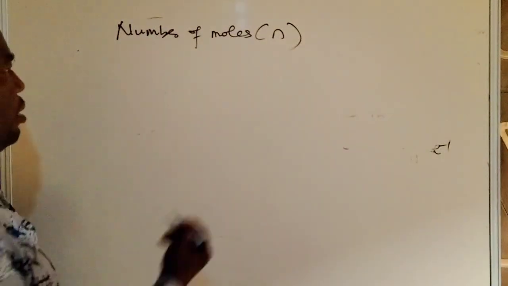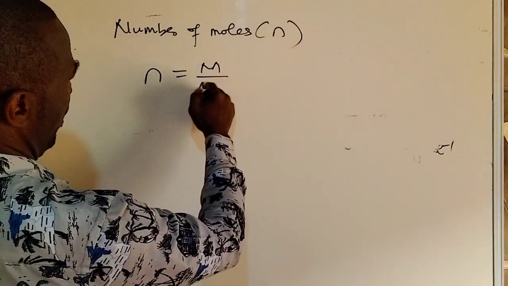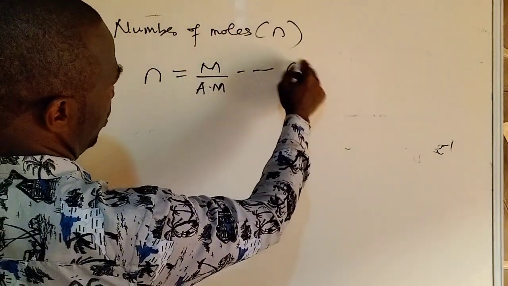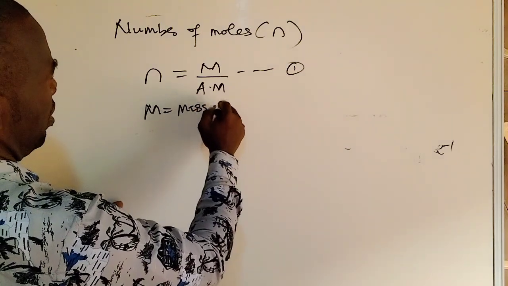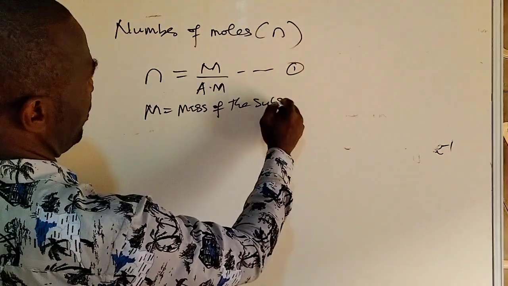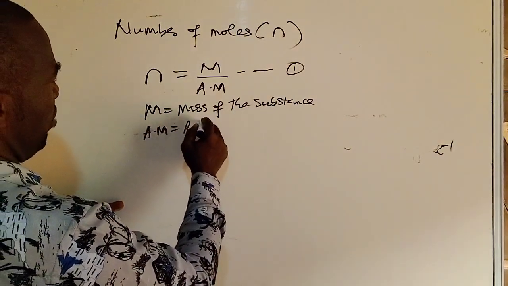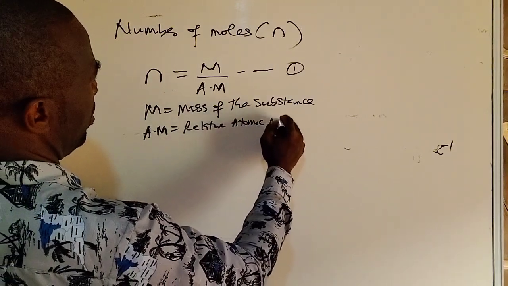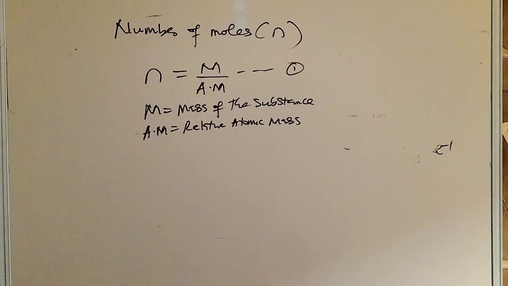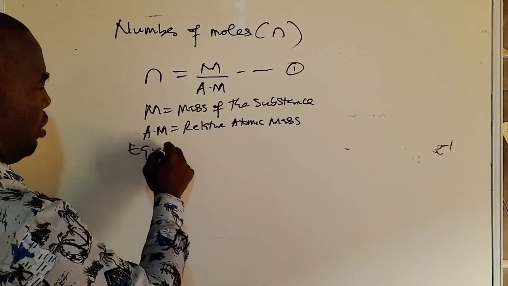The first formula we're going to look at is number of moles, which is n, given by m over Ar. We'll call this our equation 1. Where m is the mass of the substance, and Ar is a short form for relative atomic mass of the substance. So that is the first equation we're introducing. Now, when is this equation used? Equation 1 is used